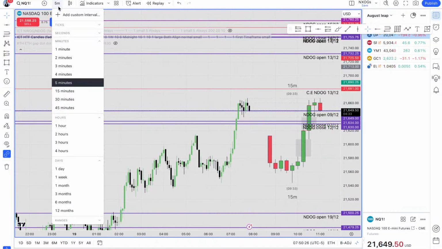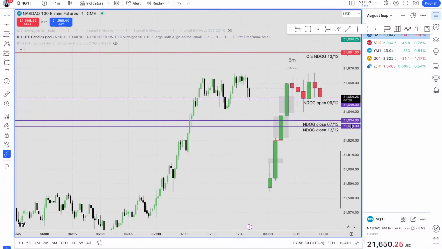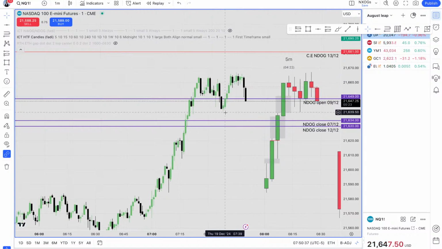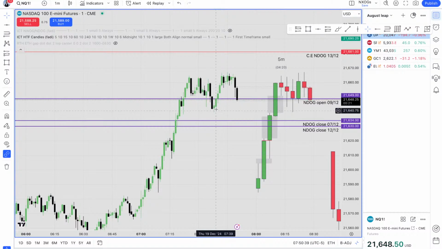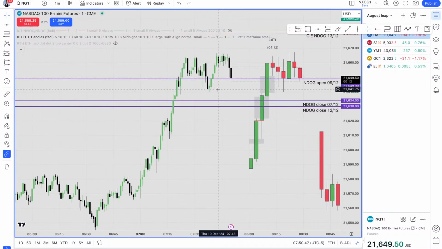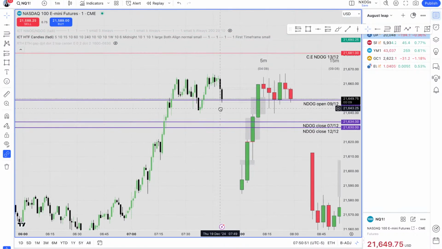We don't have an SMT. So yeah, if we have a break under this level, I might consider shorting. It depends on the displacement and the PD array I'm gonna use,